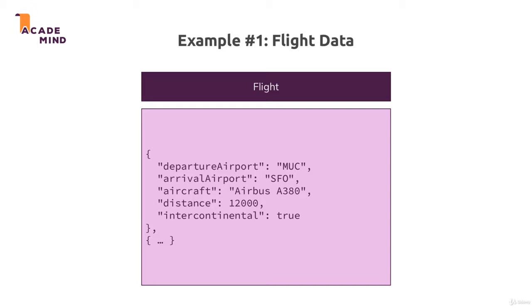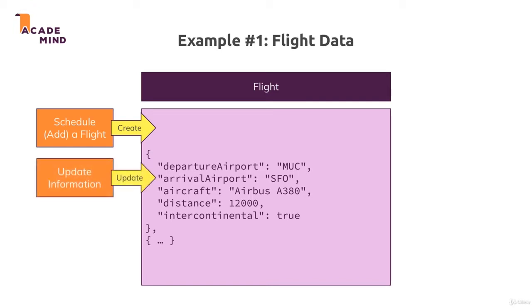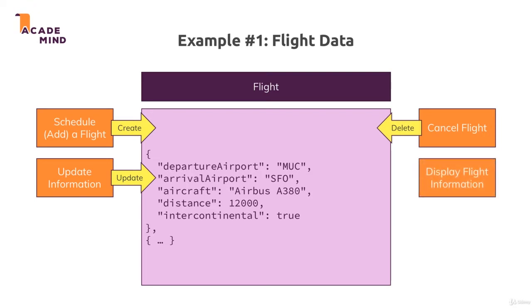Our application might be a website where people working at an airport or at an airline can schedule a new flight. Therefore, they would create a new entry in our flight data collection. They can change information about this flight, so they can update information, for example, if the aircraft changed. They can cancel the flight, let's say, so they can delete it. And they can also display flight information on their own website and in the mobile apps for their passengers. And therefore, they need to be able, or you need to be able, to read the data from that collection. This is our little example here, using the data we already set up. So let's get started and play around with these CRUD operations and our data.